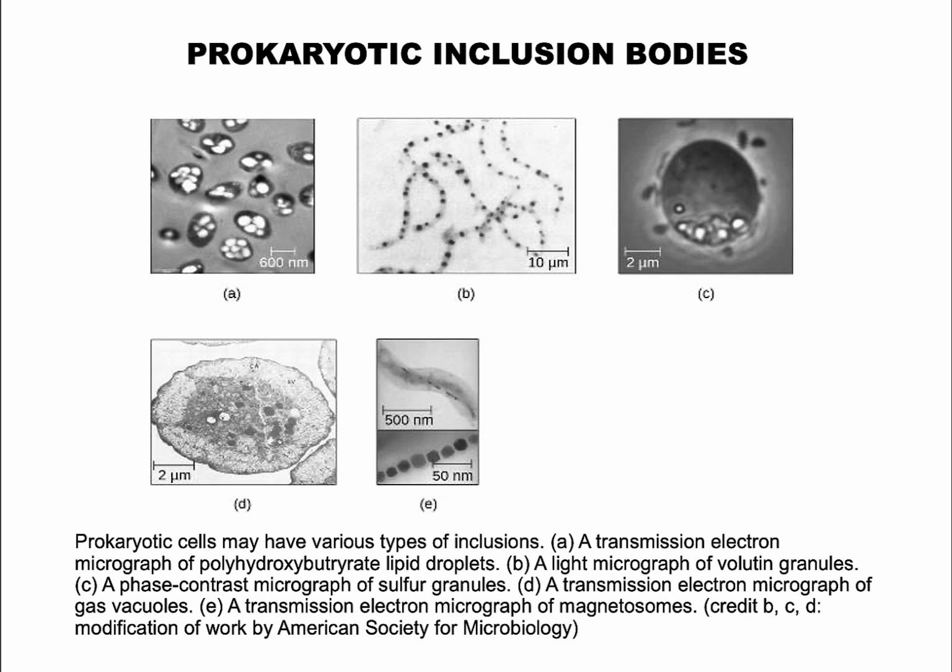Some prokaryotic cells have various types of inclusions that serve roles beyond just storing nutrients. For instance, certain prokaryotic cells create gas vacuoles, which are clusters of small protein-like vesicles filled with gas. These gas vacuoles enable the prokaryotic cells that produce them to change their buoyancy, allowing them to move within a